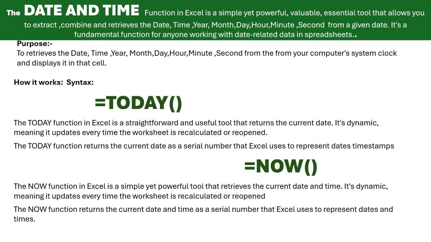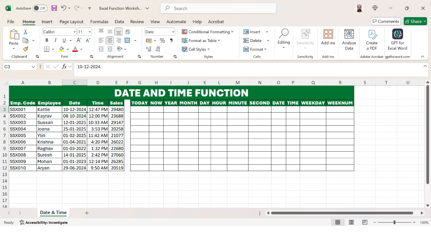So let's move on to Excel. Here we have some data with employee code, employee name, date and time column, and sales. So let's first understand the TODAY